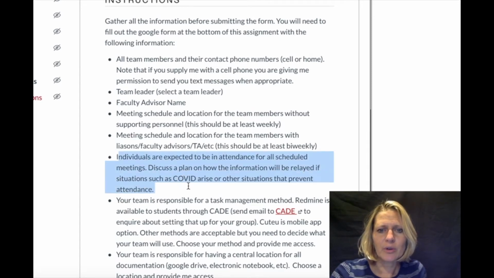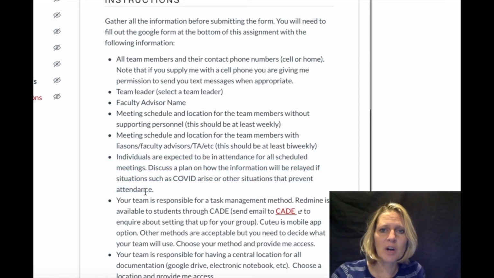You also need to know that all the individuals need to be in attendance for those meetings. And so you need to discuss with your teammates what the plan is if COVID arises or somebody gets sick or there's an emergency situation. How is that person going to get the information from the meetings? Or how are they going to show that they've learned what they missed? An example is that if you're doing Zoom conferencing, you just are always going to be recording those